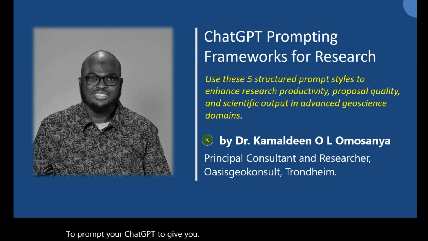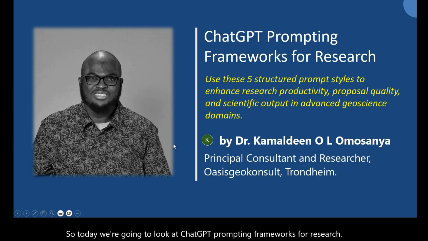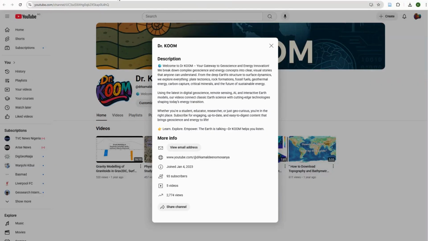We're going to use five structured prompt styles, which are quite common in almost all scientific endeavors. You can use them to do your research, and they will give you the best kind of result that you can anticipate or expect. So today we're going to look at ChatGPT prompting frameworks for research, and you probably have seen this somewhere where people write something like